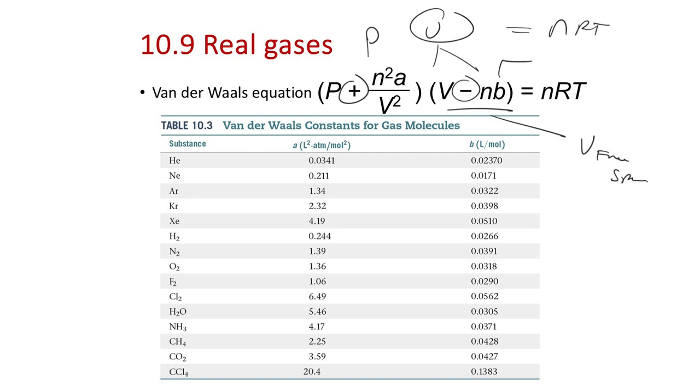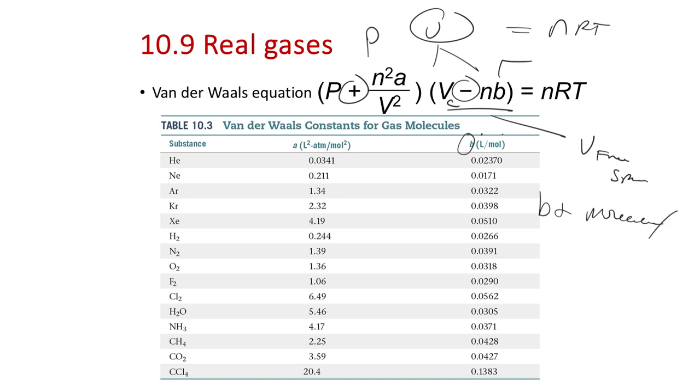And the nb is the volume occupied by the actual matter. So we're trying to correct for our free space problem with this equation here by taking our container volume. So V minus nb, the V is our container volume. And then b is a volume occupied by a substance. So the b constant here is related to molecular size